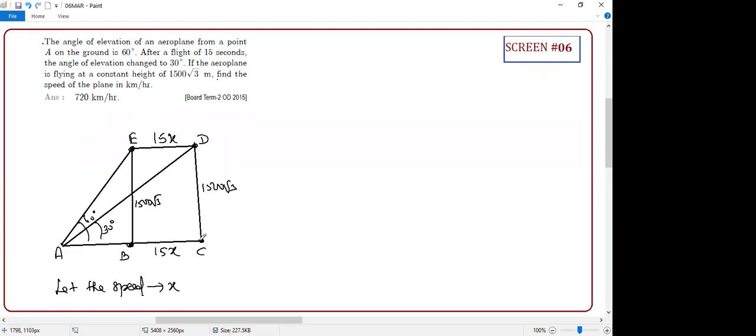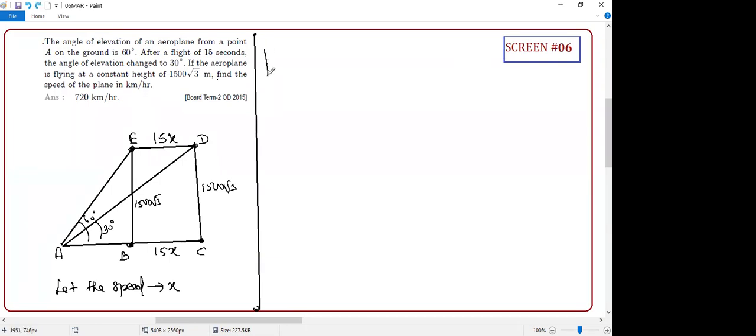Now, coming to the next point. Which triangle can I take now? You can take big or small, no problem. I'll take the small one first because I know this height, so I can get this easily. Everyone clear or not? I'm trying to make it in one screen, one paper, that's why I'm using small letters and writing everything in one line. You can use proper spacing when you're writing.